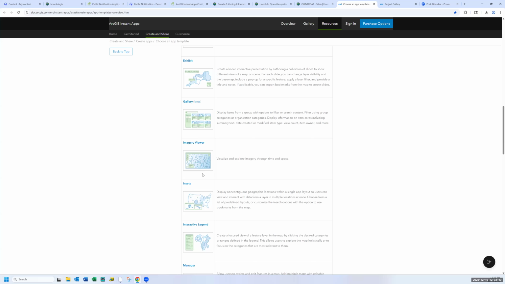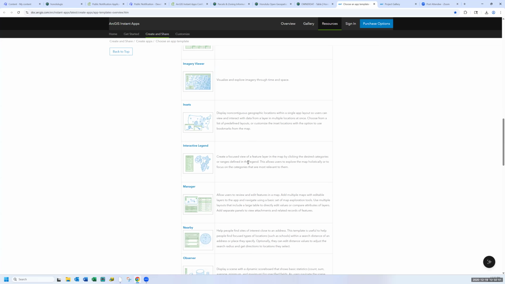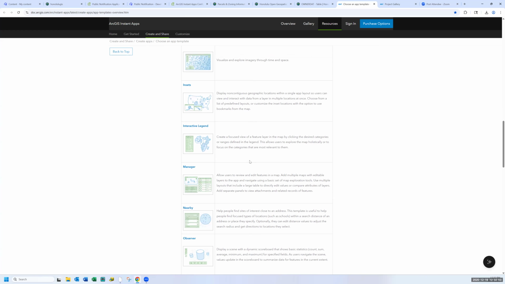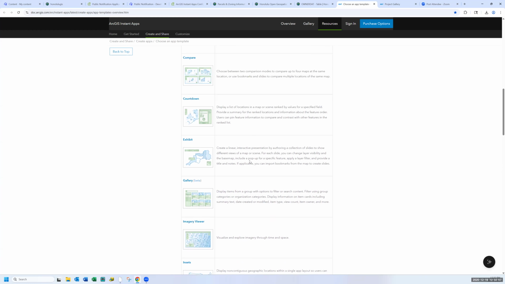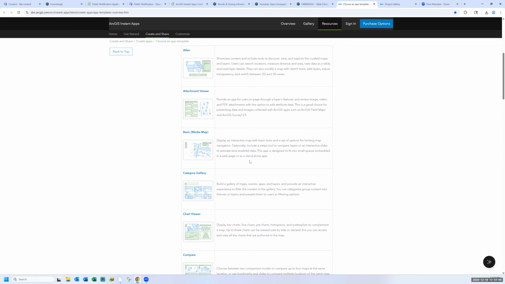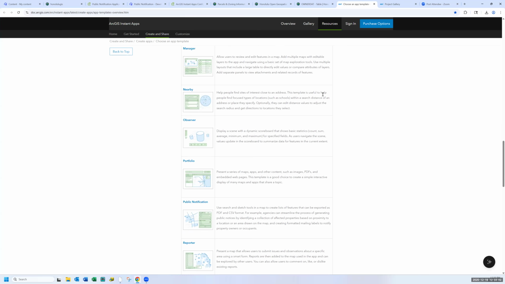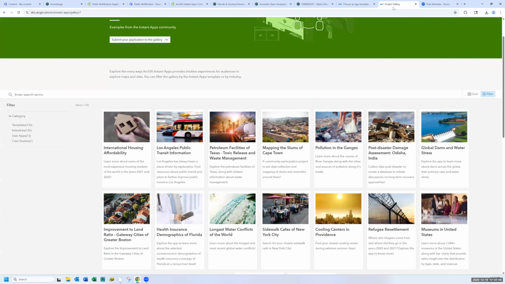Obviously you can scroll through, and it will give you two to three sentences on what each template is and what you can use it for. They also have a project gallery, where I don't think you need an Esri subscription. You can just enter the URL in or search for sample Esri instant applications.